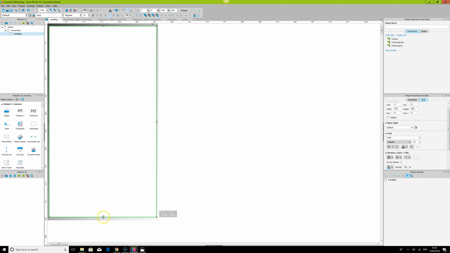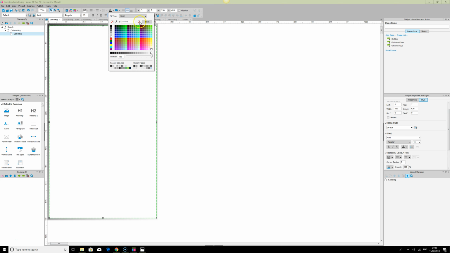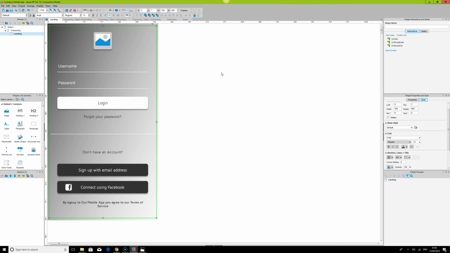The design is great, so I'm going to align this to middle and center, remove the border and make this transparent. And next I'm going to convert this to a dynamic panel, and we're going to create separate